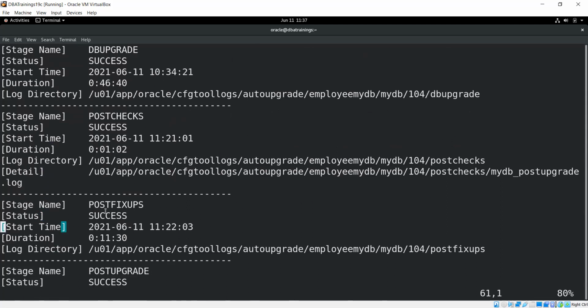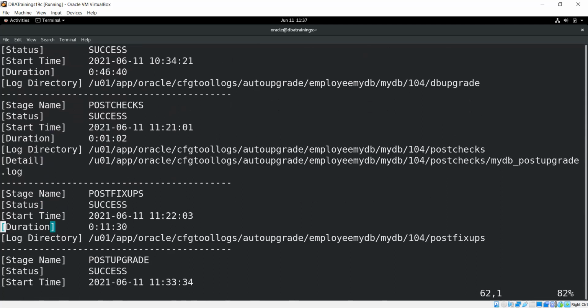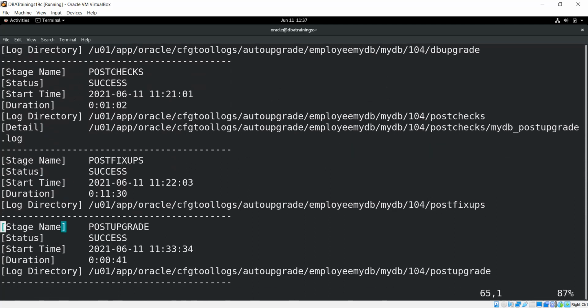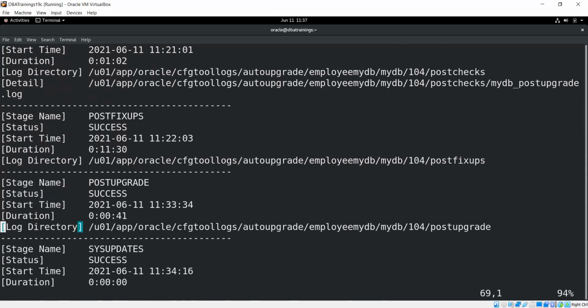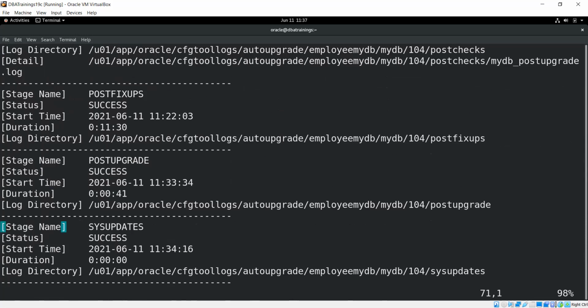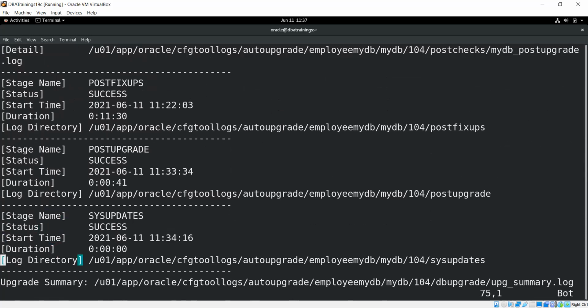And the post-fixup, if you can see, they have taken approximately 11 minutes to update the repository, data dictionary, those are the things. Then post upgrade 41 seconds, and then system upgrade details.